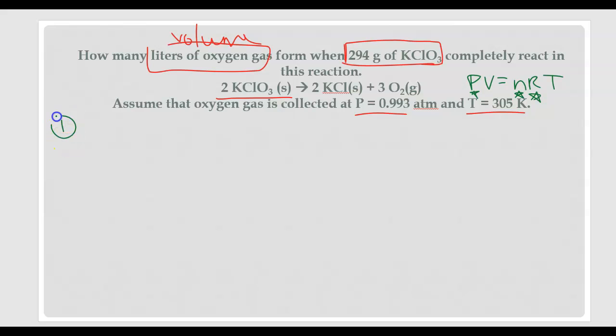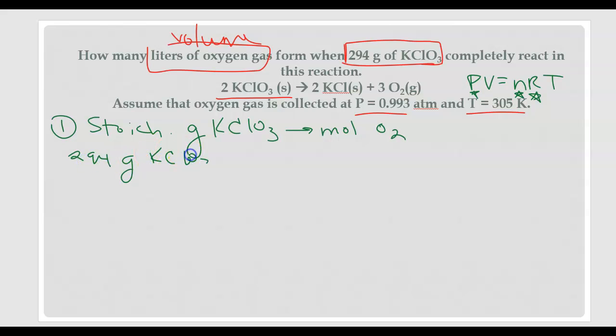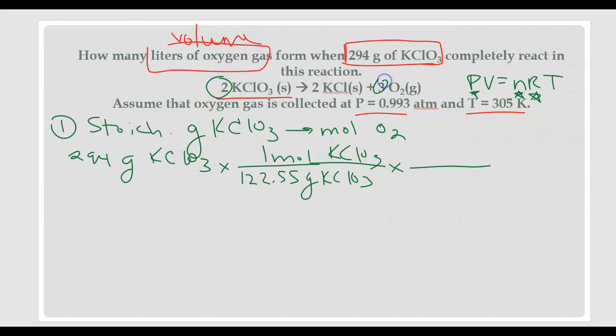And so in this case, we're going to start with stoichiometry in order to go from grams of KClO3 to moles of oxygen. So if we were doing this and working on this, we would say we have 294 grams of KClO3. We'll use the molar mass to convert, and so in this case the molar mass is 122.55 grams per 1 mole of KClO3, and then we'll use our mole ratios, which in this case is 2 to 3, so 2 moles of KClO3, 3 moles of oxygen. And so at the end we would be canceling out our grams, our moles, and we would have 3.60 moles